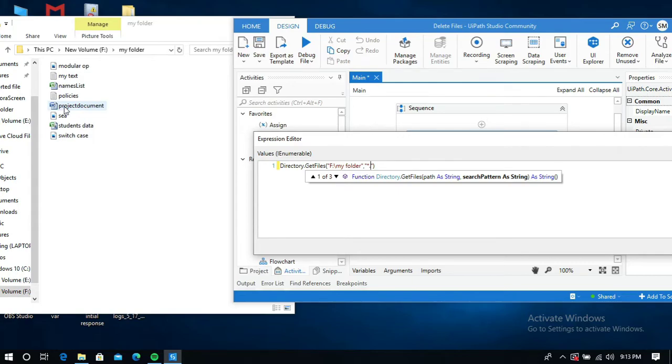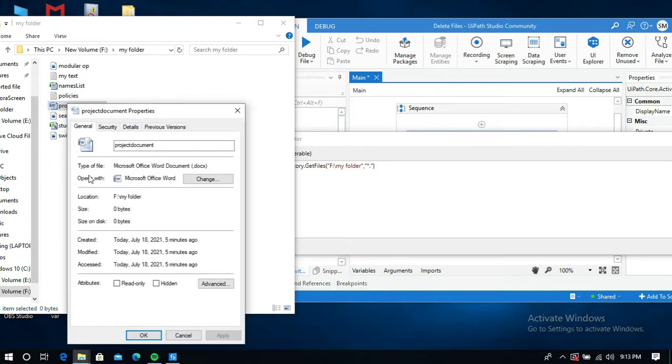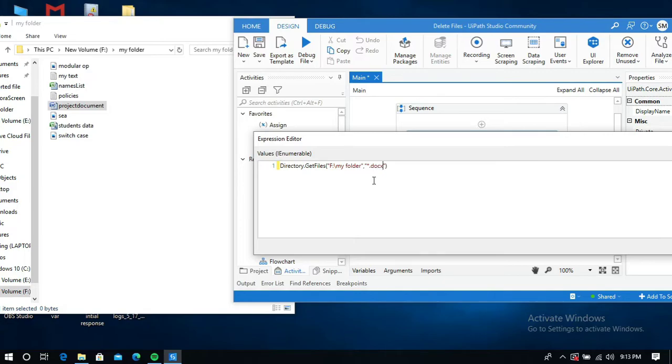If you don't know what type of file it is, just right click on it, go to properties, and here you can see the type of file is docx. Click OK and write docx. So this is the file type extension.